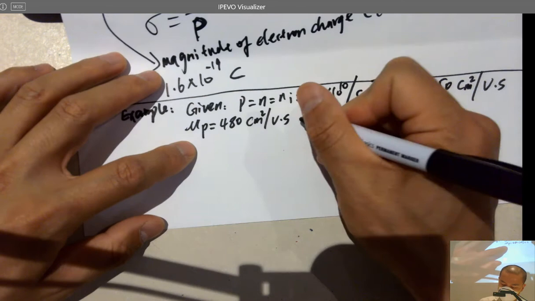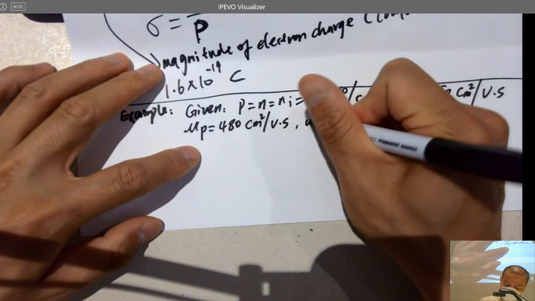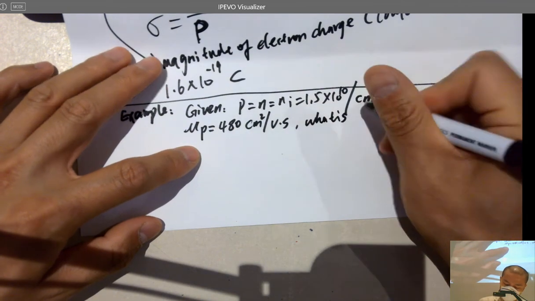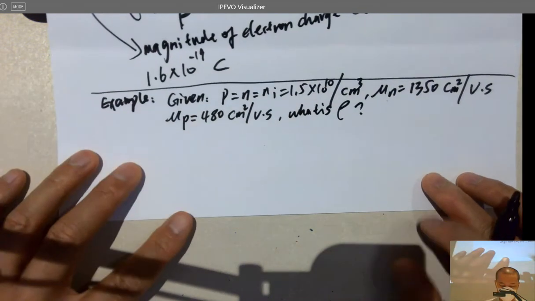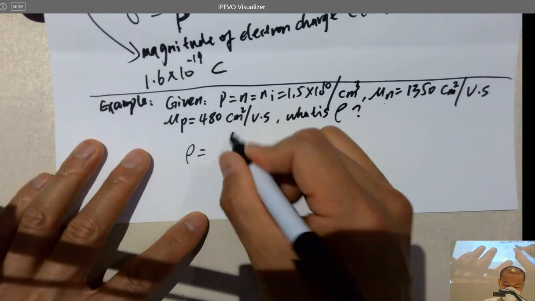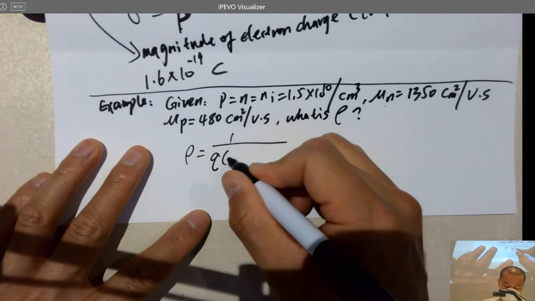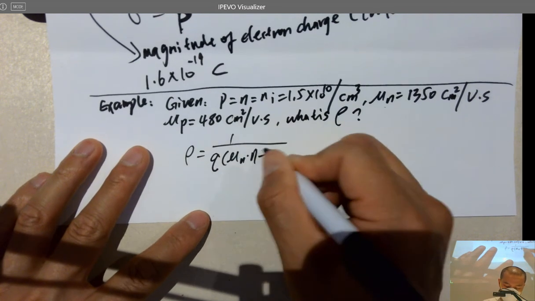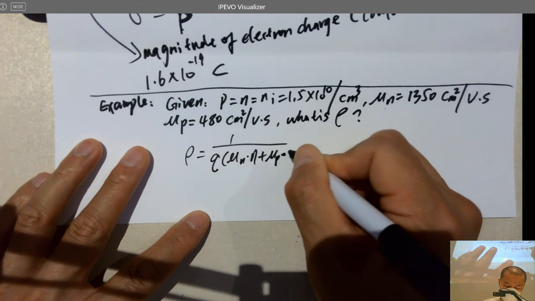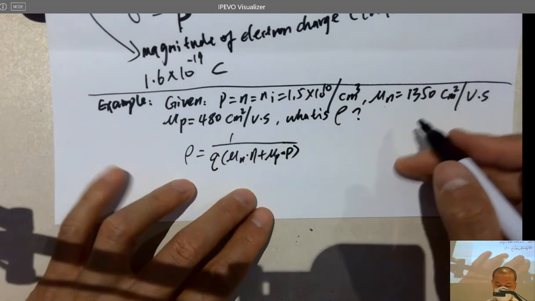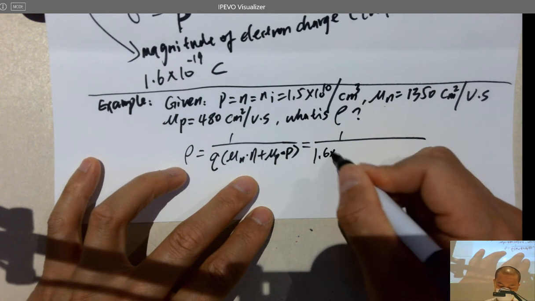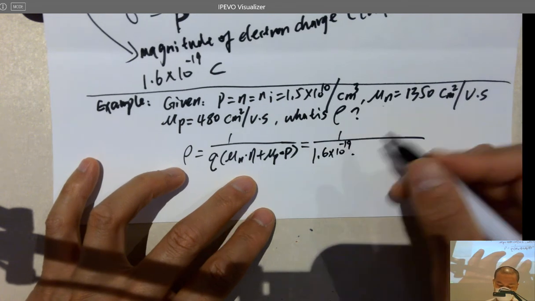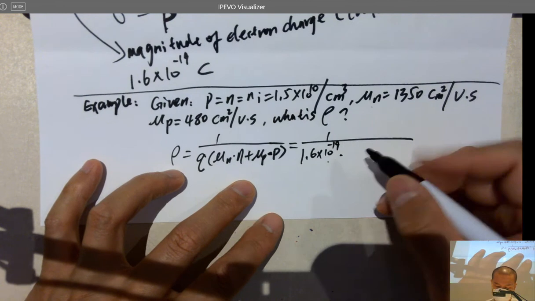So what is the resistivity? Rho here, what is rho? So we know that rho equals 1 over q times mu n times n plus mu p times p. And you can just plug in all these numbers. q is 1.6 times 10 to the negative 19 coulomb, times